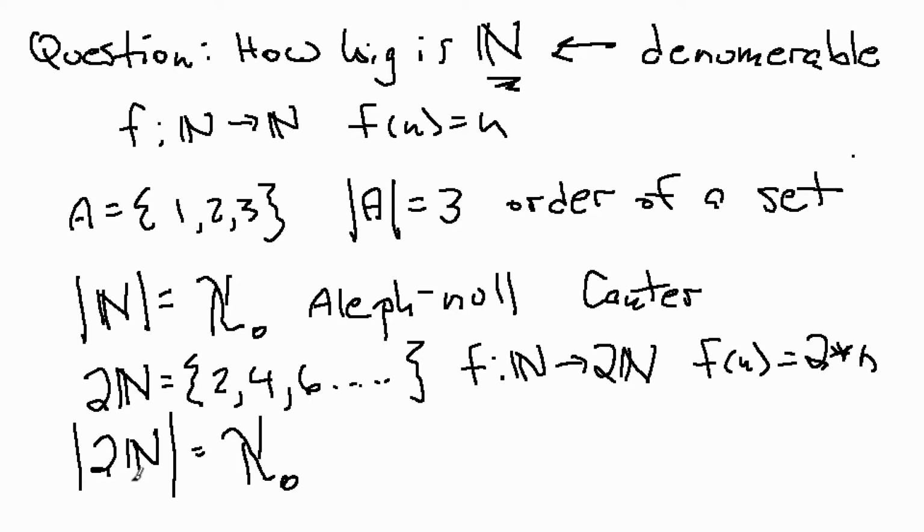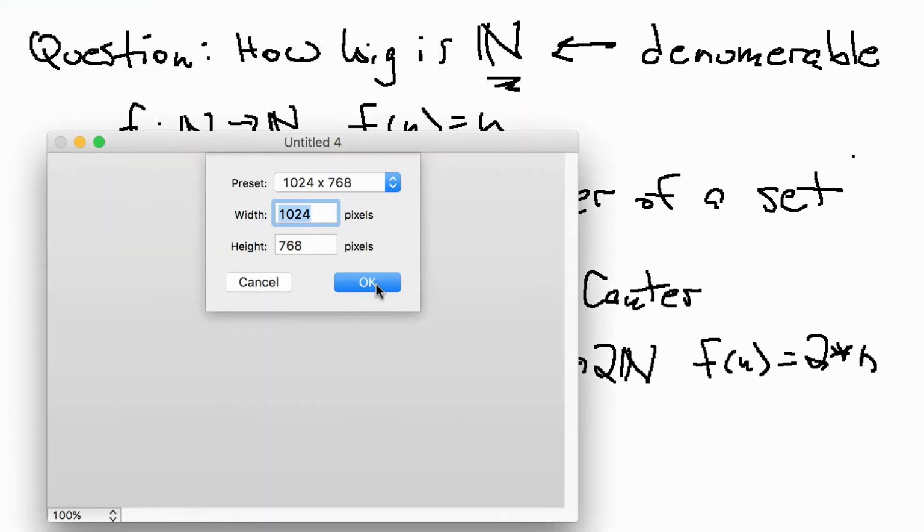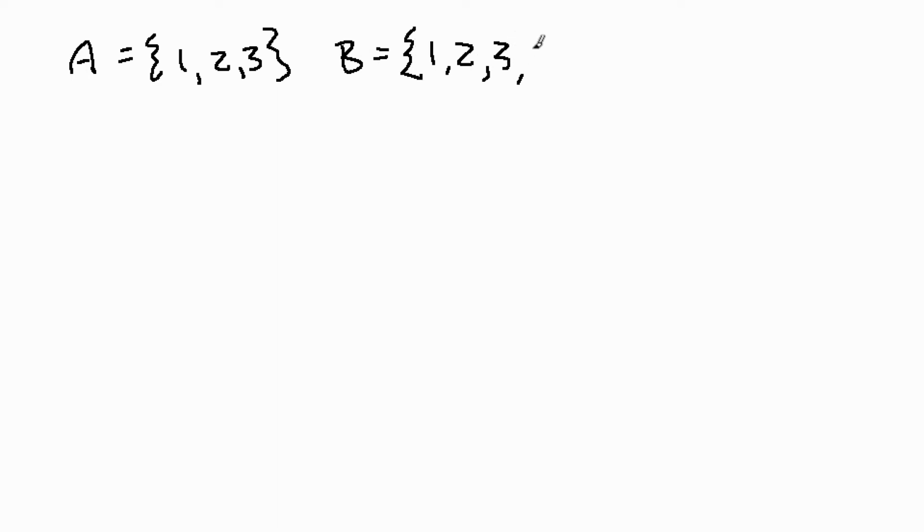Okay? Now this is a very interesting thing to note here. Note that what we have here is that 2n is a proper subset of n. Yet they both have the same number of elements. Okay, that's a property of infinite sets. It is certainly not the case for finite sets. For example, if I come over here and I have A is equal to 1, 2, 3, and I have B is equal to 1, 2, 3, 4, it is clearly the case that A is a proper subset of B,